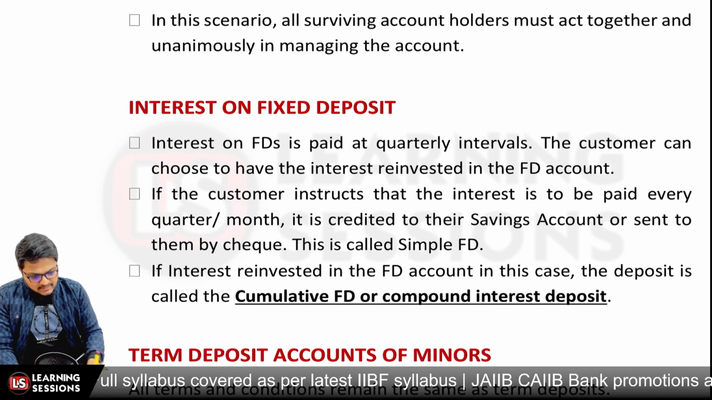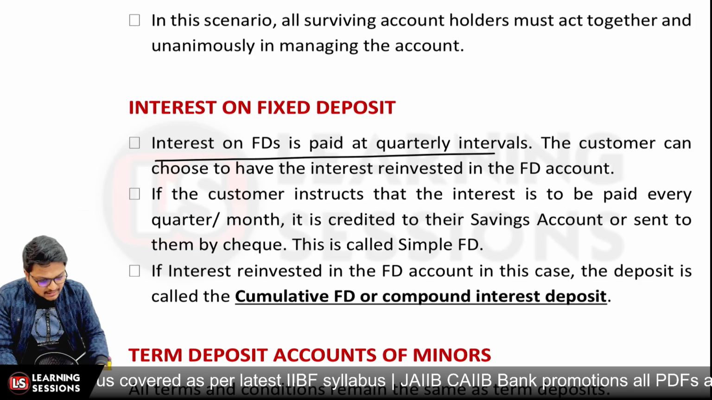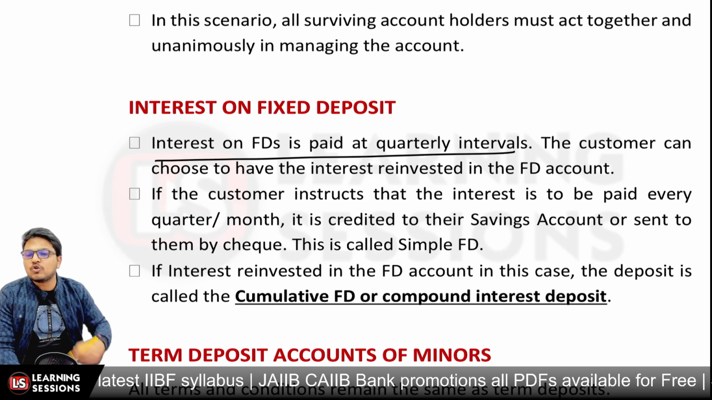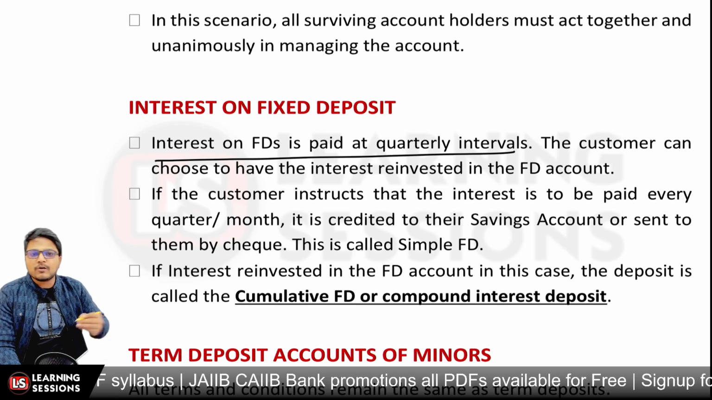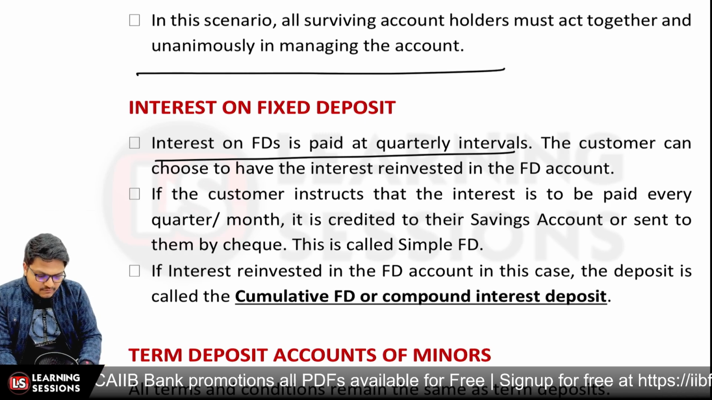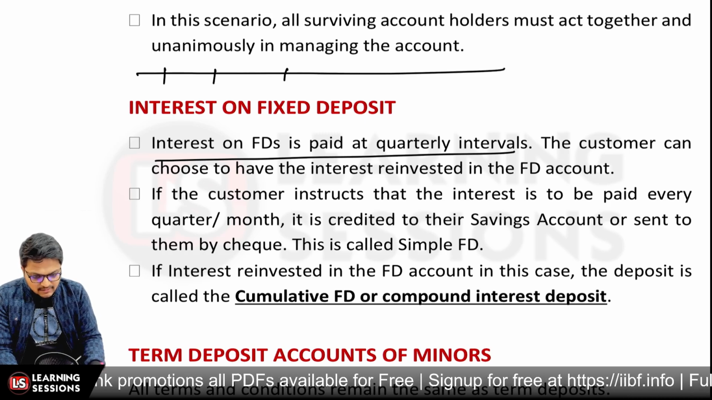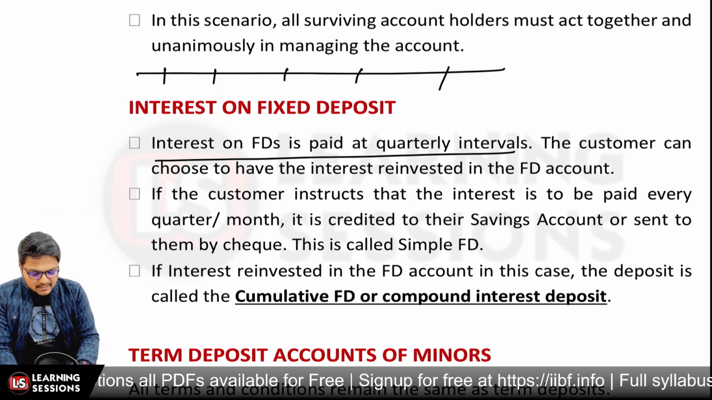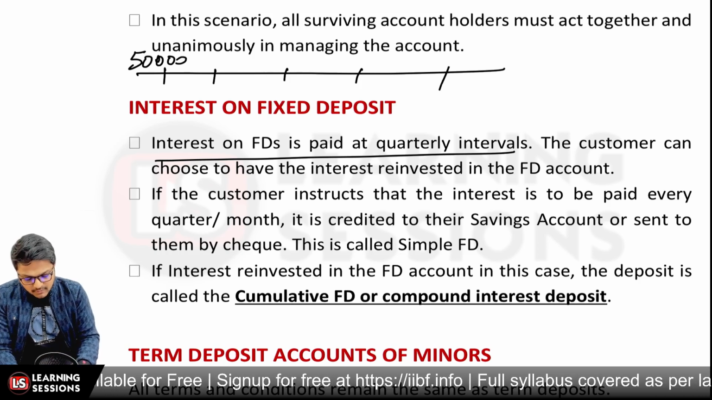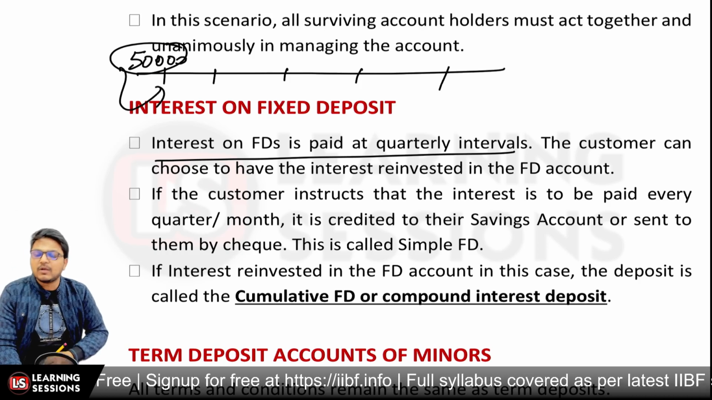Now, interest on a fixed deposit is paid at quarterly intervals, and the customer has the option of having the interest reinvested, or taking the interest back. It may be the case that you have done an FDR of rupees 1 crore and you are going to receive, let's say, rupees 50,000 per month. There is an option that you want to reinvest this amount in the FD